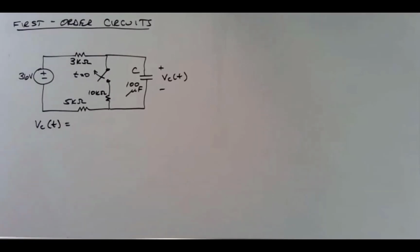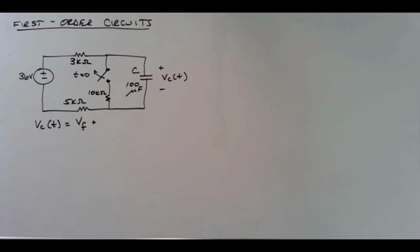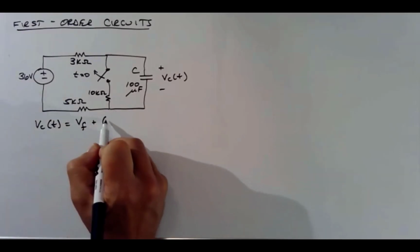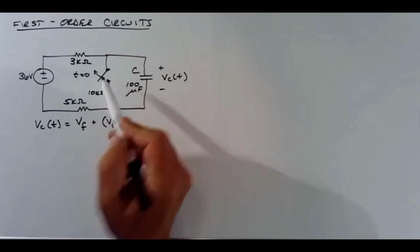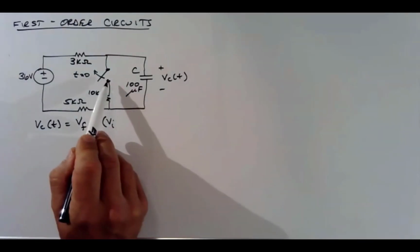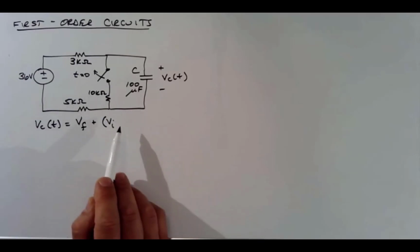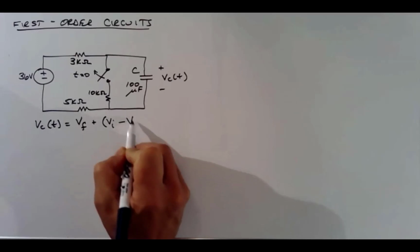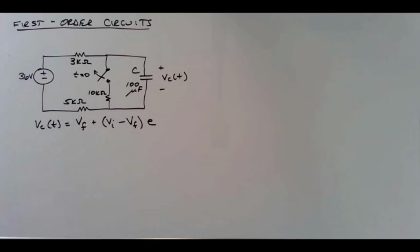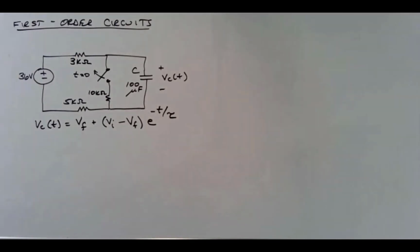VC of t is equal to VF, the final value or the steady state value, plus VI, the initial value of the voltage. Oh, I'm sorry, the switch is opening. So VF is the final value after that switch has opened and you've waited a long period of time. VI is the initial value of the capacitor voltage right after that switch opens up, minus VF. So there's always an exponential in here, e to the minus t over tau. Tau is the time constant. Okay,